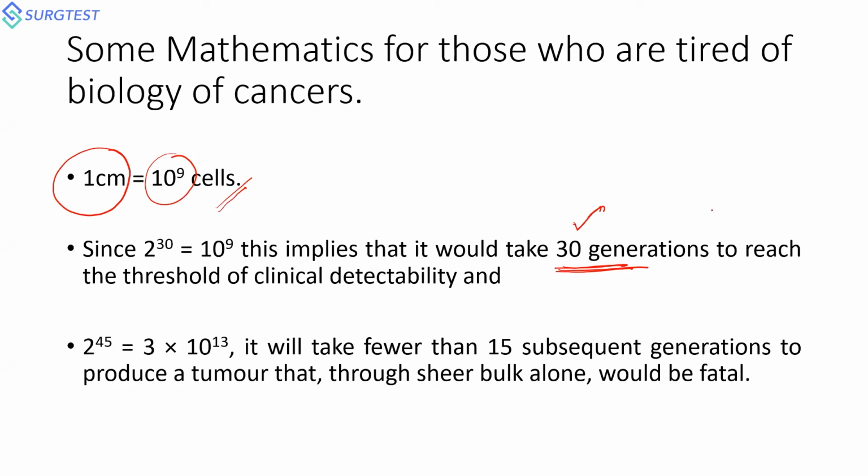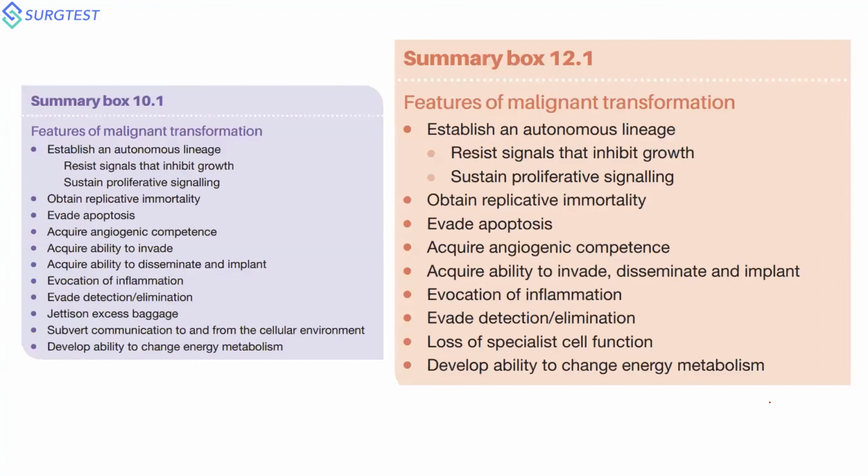This is a favorite MCQ. This was asked in 2017 AIIMS, where how many generations are required for a 1 centimeter tumor tissue to be identified in the human system was asked. Again, it requires another 15, meaning 30 plus 15, for it to multiply and increase in size to become a fatal tissue which can have microscopic metastatic disease at the time of diagnosis. This requires almost around 45 generations of cell proliferation.